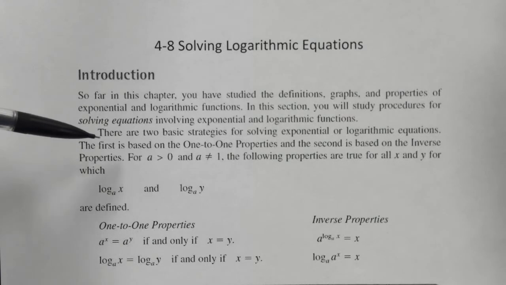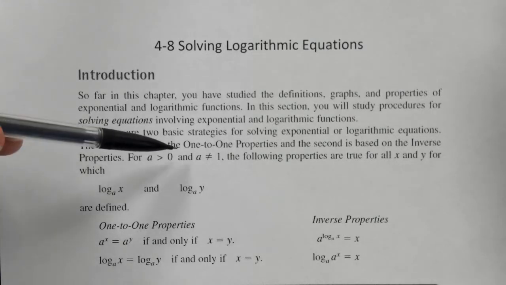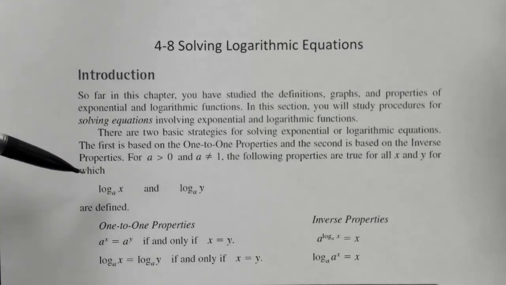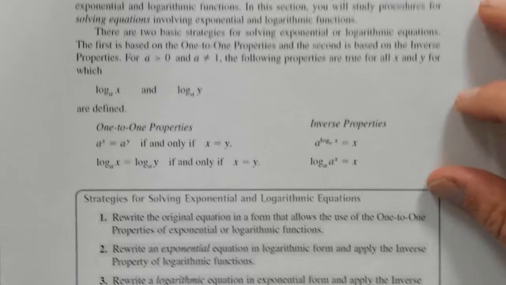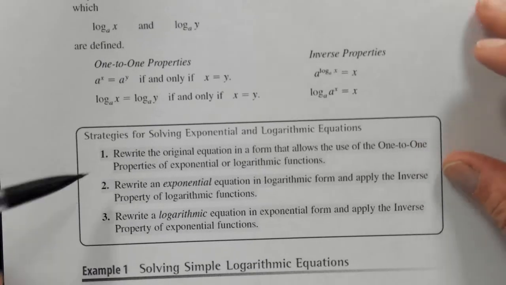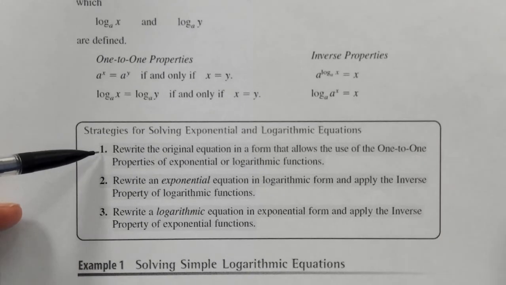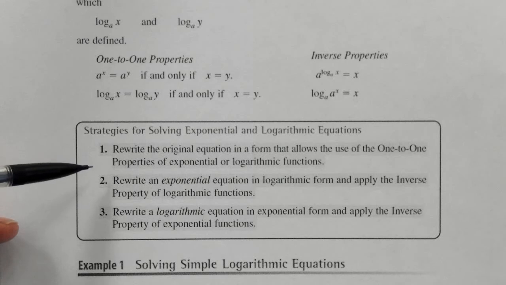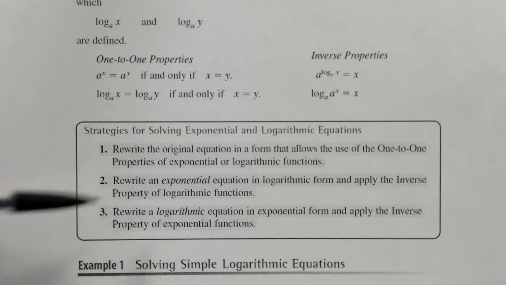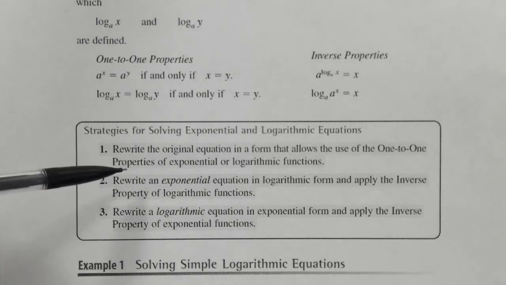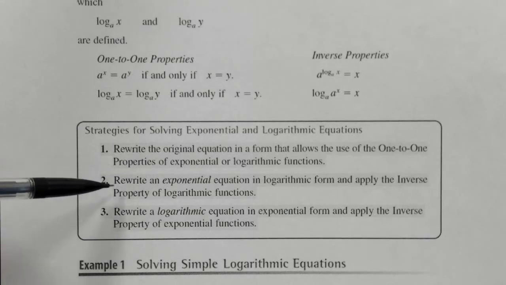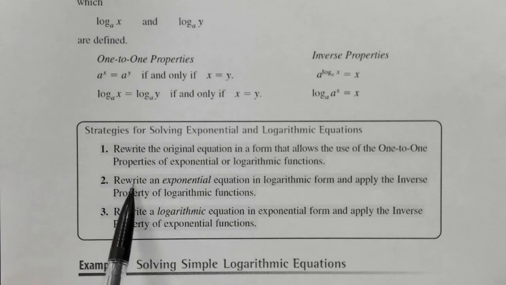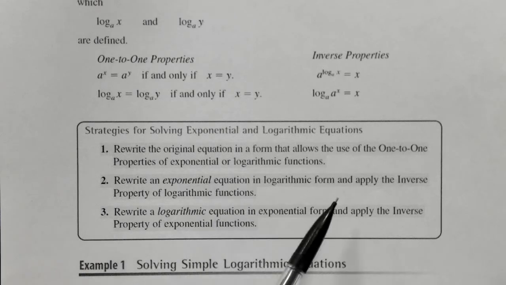And so again, same basic strategies. You've got the one-to-one properties and you've got the inverse properties. And so those will help you to solve these equations. Once again, you've got the same strategies here. So rewrite the original equation in a form that allows use of one-to-one functions. Last time in the exponentials we tried to match the base. And so with this one, what we're going to find is, rewrite an exponential in logarithmic form and apply the